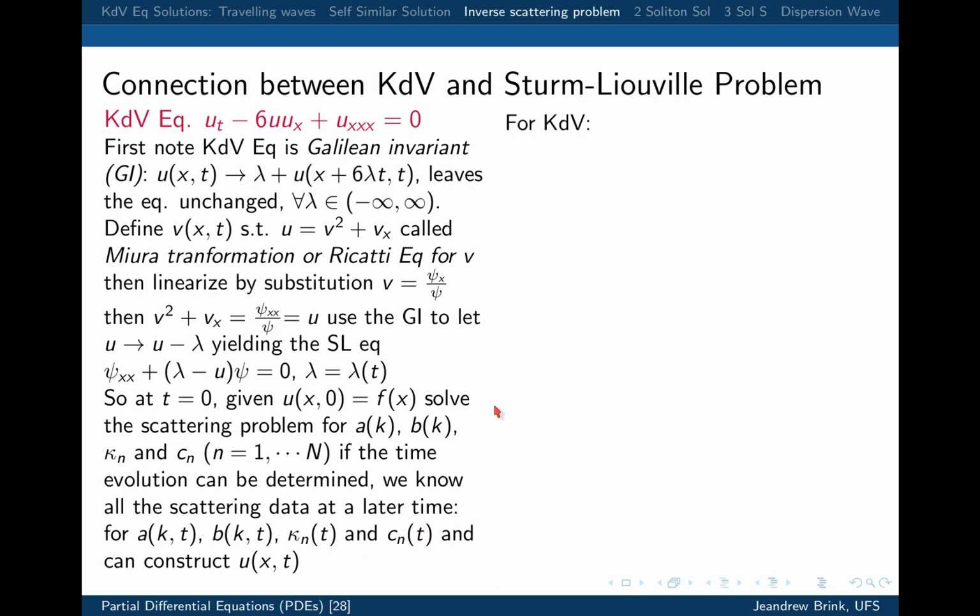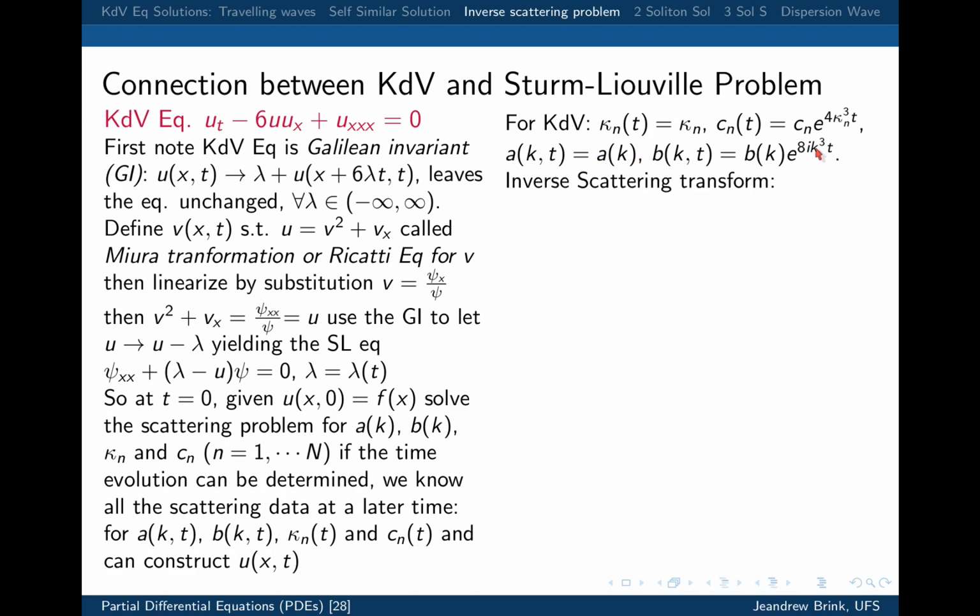Okay, so for the KdV equation, it's just the things we worked out. The wave numbers are the reflectionless potentials. How they change in time is just this k cubed that you expect from the dispersion relationship. The a(k) is exactly the one we derived, and it remains unchanged. The b(k) is 1 again. You can see this k cubed coming in with the time evolution. Okay, so then you have to go back,